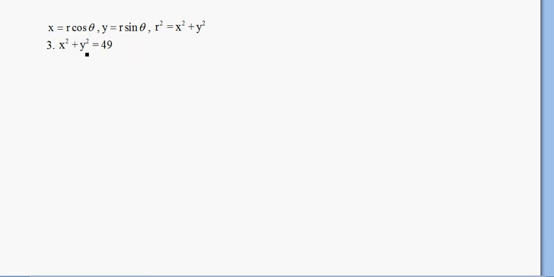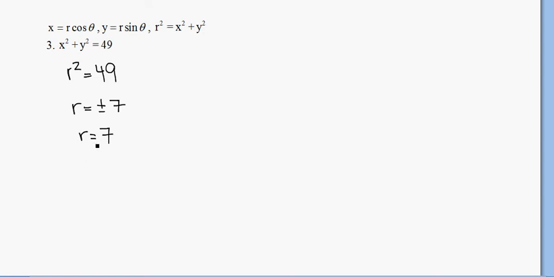So in this case, we have x squared plus y squared. Ding, ding, ding, ding. That's that guy right there. So x squared plus y squared is r squared. So this is r squared is equal to 49. So that means r is equal to plus or minus 7. Traditionally, the answer is just r equals 7, because if you think on the polar plane, it doesn't matter what,